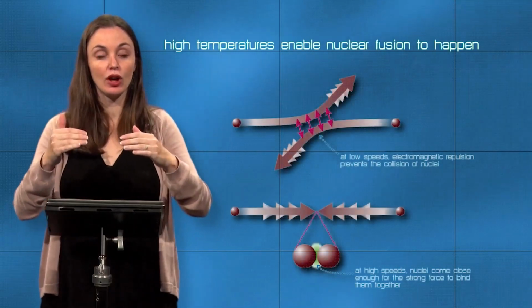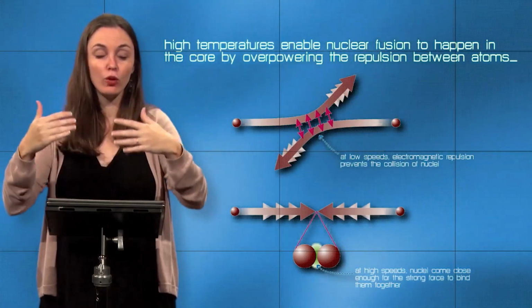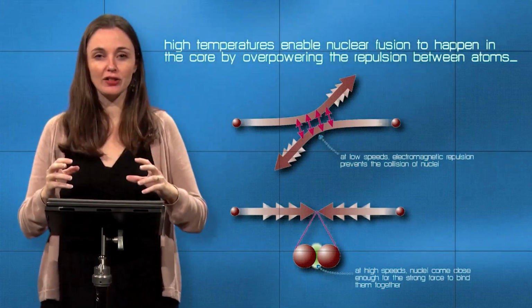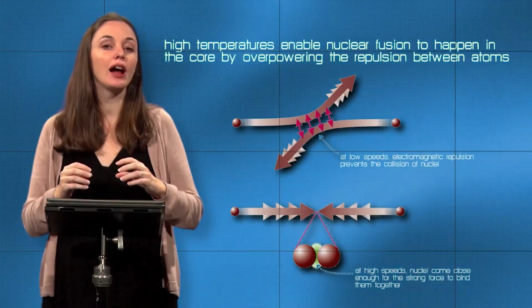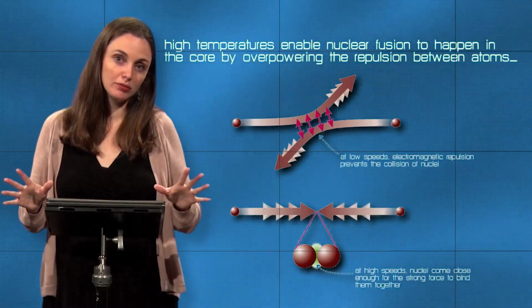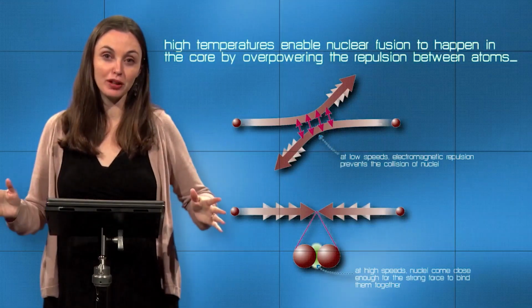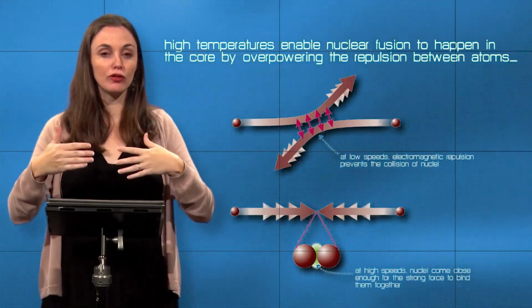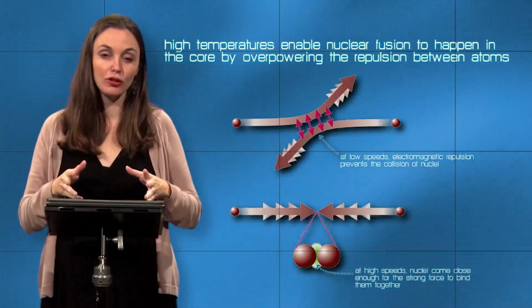So the way this works in the sun is that under these incredibly high temperatures, you have to have some mechanism to get you to these threshold temperatures of 3-4 million Kelvin before these particles are moving around so fast that they're no longer repulsed by each other. So you kind of have to think about all of these individual atoms as having somewhat of a personal space bubble. Maybe kind of like you walking around a crowded hallway or a crowded mall. As you walk, you sort of naturally assume a 2 or 3 foot personal space bubble between you and all of the other strangers around you. Atoms essentially do the same thing.